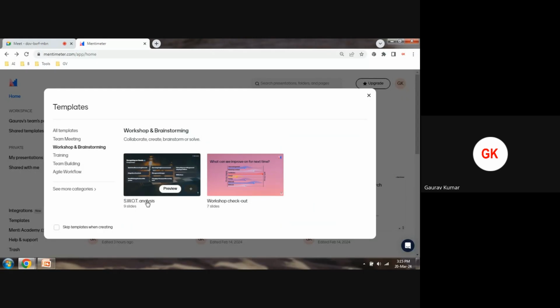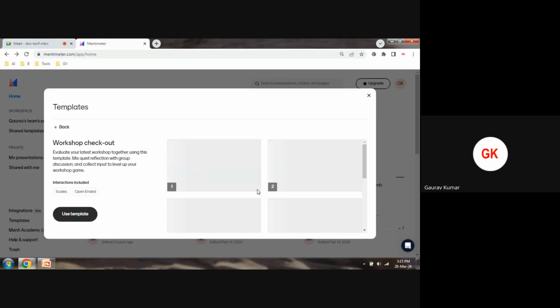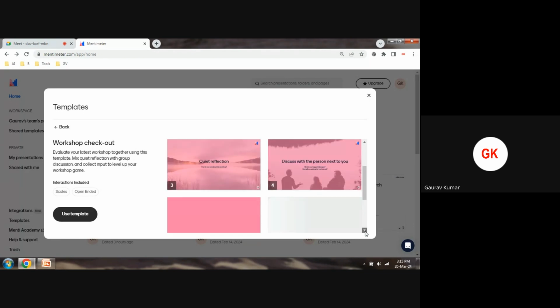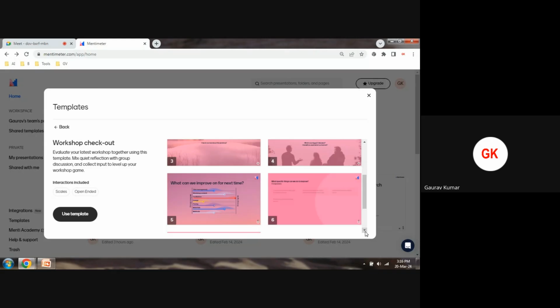Okay, so SWOT analysis, pre-built slides in international standard formats, by which way different quizzes can be put. Okay, so you can see that if we are going for feedback of a workshop, which slides should be there? Templates are available. Workshop checkout, and each and every slide is related to real-time data collection,